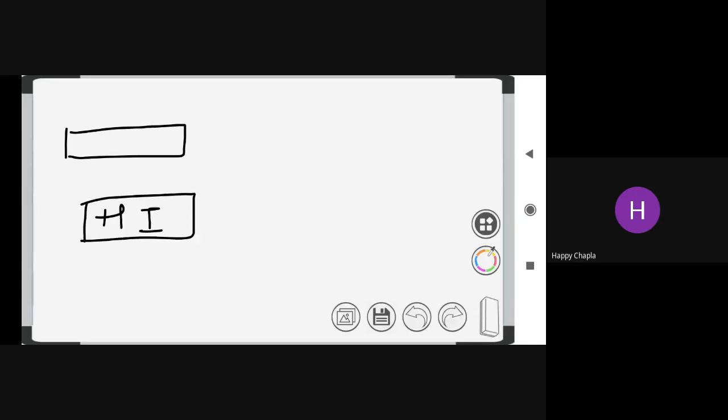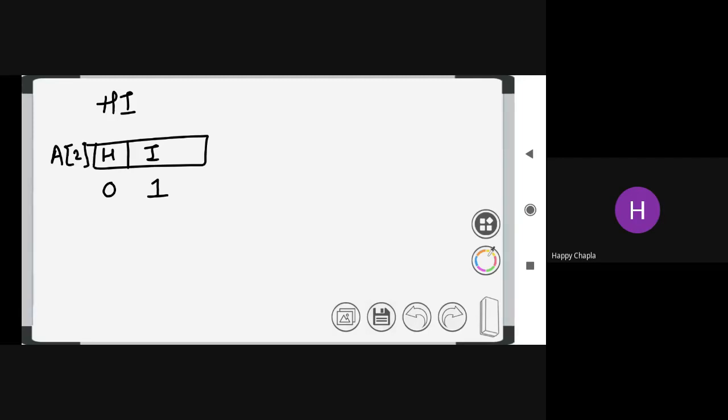Now, what is the data part and what is the link part? If you want to store hi in the node, how can you store it? If you want to store hi in an array, you have index 0 and 1, you can store h and i in a[2], in a continuous memory location.